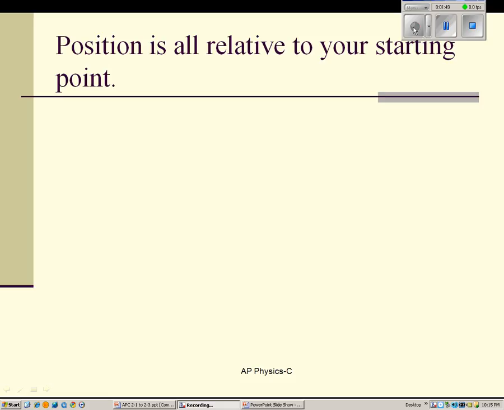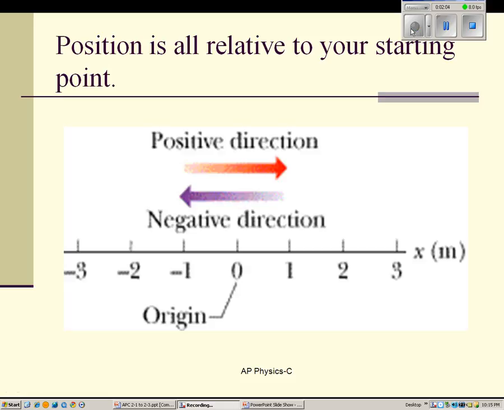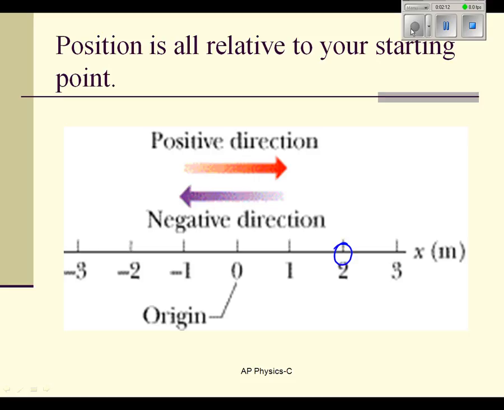Now, position is all relative to your starting point. So when I say you can start at a position of -2, you can start at a position of 0, you can start at a position of positive, and then your displacement is just measured from that point. If you move to the left, it's a negative direction. If you move to the right, it's a positive direction. And again, your position is just your starting point. And if we move off in this direction, let's say we move right to here, our delta x, in this case, would be a -2. Because we would have taken our x2